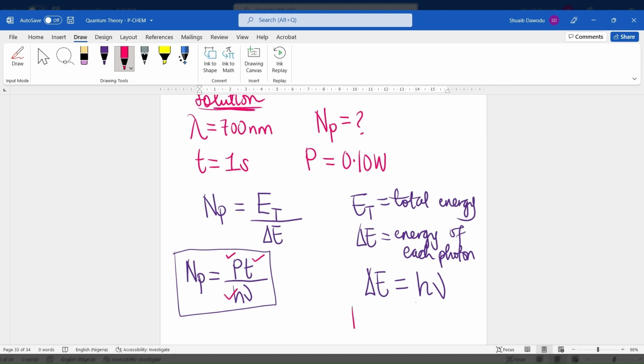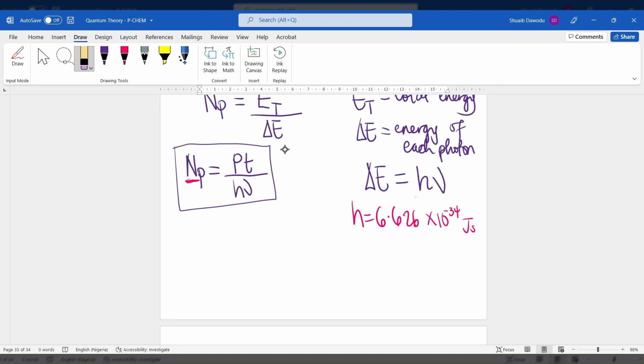So Planck's constant is just 6.626 times 10 raised to the power of negative 34 joule seconds. But we don't have wavelengths, and we need wavelength in order for us to solve for the unknown here. So to do that, we're going to use our knowledge of the fact that we can determine frequency when we've been given the wavelength. And the formula that I use to solve this is simply